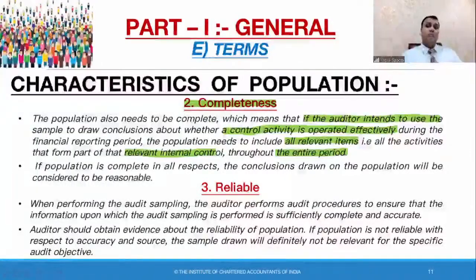Take the example of CCTV cameras. I told you that I want to check the CCTV cameras. I've been given access to the first floor, second floor, third floor, but I am told, you cannot go to the fourth floor. Why can't I go to the fourth floor? I have to report in my audit report, as per the task given to me, on the working of CCTV cameras as well. Sorry, sir, there is a limitation. You cannot go to the fourth floor. My population is incomplete. I wanted to derive samples. I wanted to check 4 to 5 CCTV cameras at every floor.